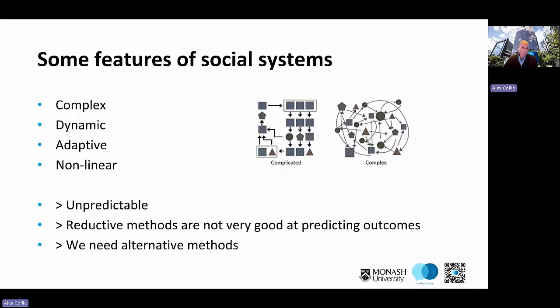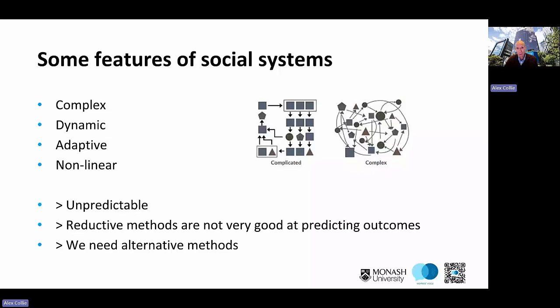So historically, we've thought about things like workers' compensation system as a social system. You could think of a healthcare system or an employment system or a legal system as being a social system. Historically, we've considered these things to be complicated but predictable, where the relationships between different people and different parts of the system can be understood almost in a linear way. But over the last decade or so, maybe a bit longer, we've really come to understand these as complex social systems, where those interactions are complex, they're dynamic, they adapt and change over time, and they're non-linear. And that's certainly what we see in workers' compensation.